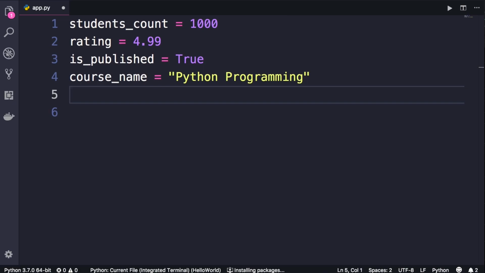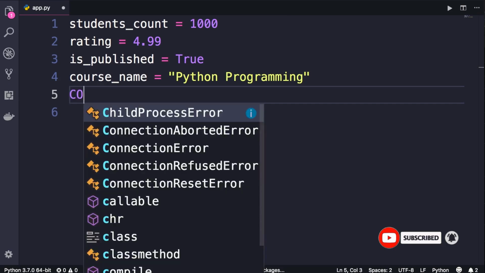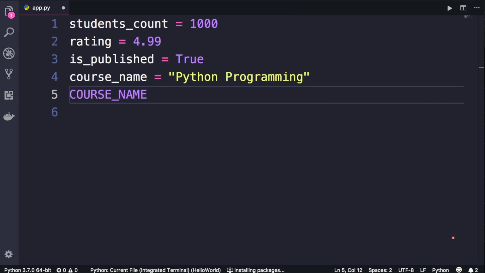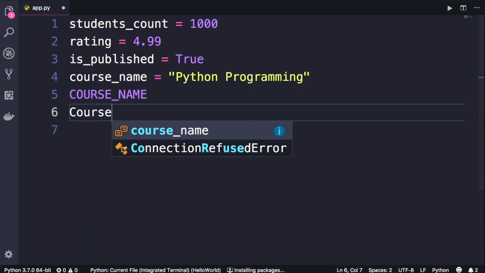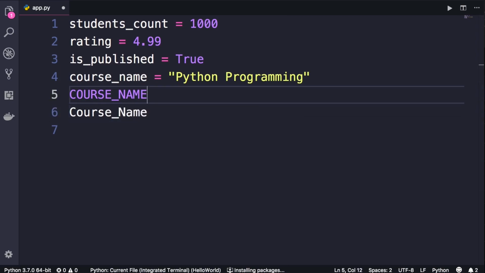Now, the second thing that I have consistently used in this code is that I have used lowercase letters to name my variables. So here we don't have course name all in capital or in title case. All letters are lowercase, right? Let's delete these. The third thing that I've consistently used here is that I have used an underscore to separate